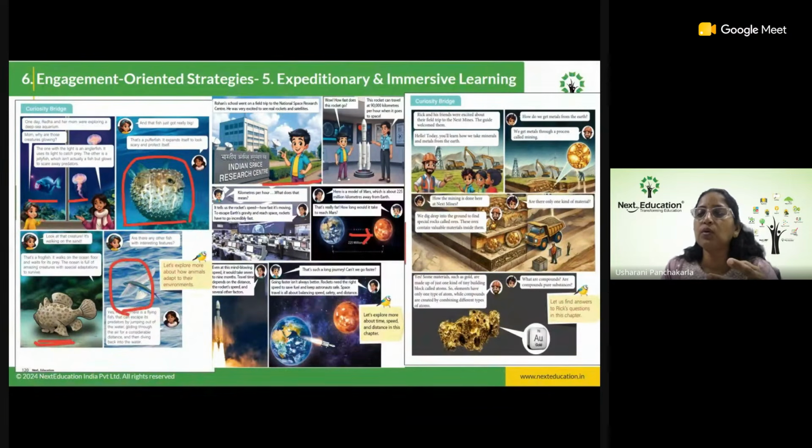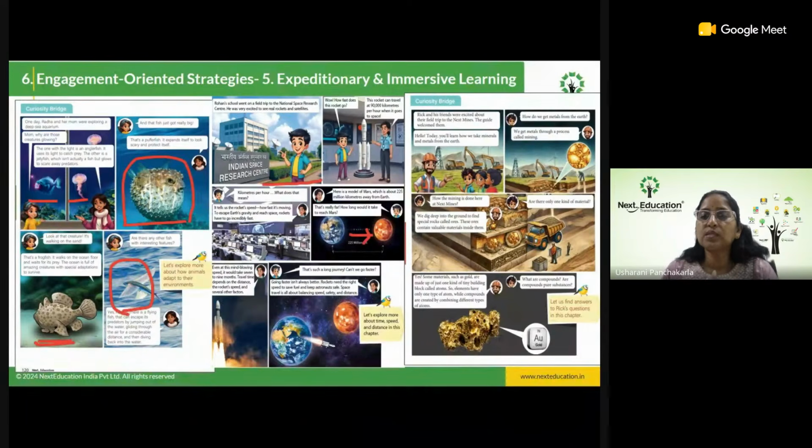And here you can see one more, in the elements, compounds and mixtures chapter, where the students go to a mining industry and can see how these ores or rocks are processed, and then from there the ores, metals or elements are extracted. For example, gold is being extracted here. This is a gold mining unit.